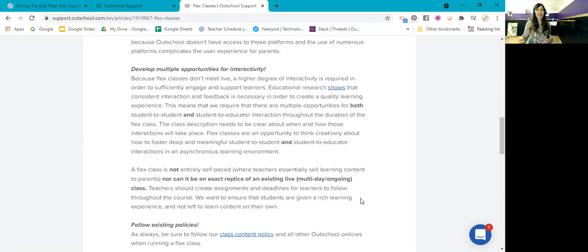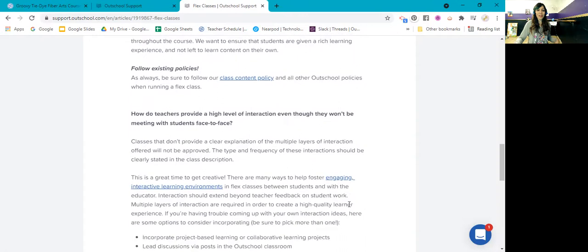So we really want to develop multiple opportunities for them. It's really helpful to think about different ways that we can interact and different ways that we can engage our learners in a flex class. It's not going to work the same for everybody, for every flex class. Some teachers find it really helpful to use Padlet, Jamboard, Flipgrid, or Kahoot, Nearpod. Some of the tools are really helpful for engaging and interacting with each other. And if you find that that's helpful too, there's lots of tools for you to take advantage of.